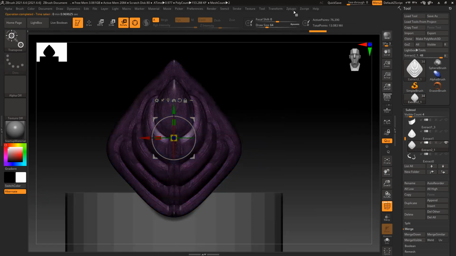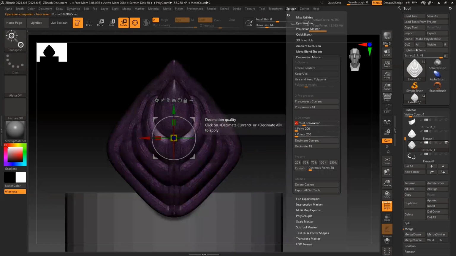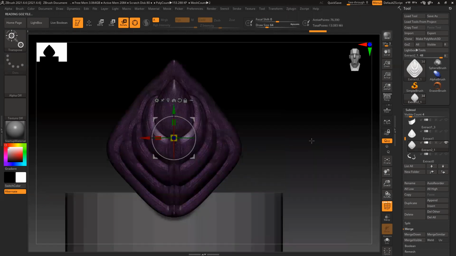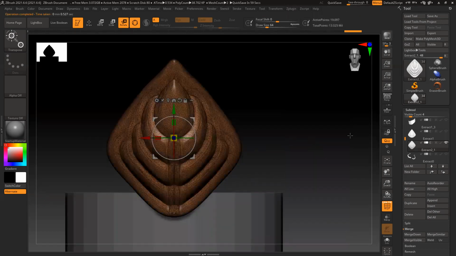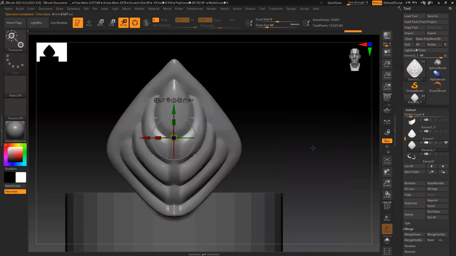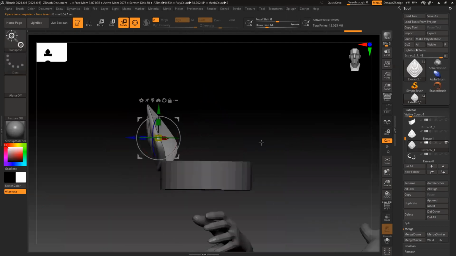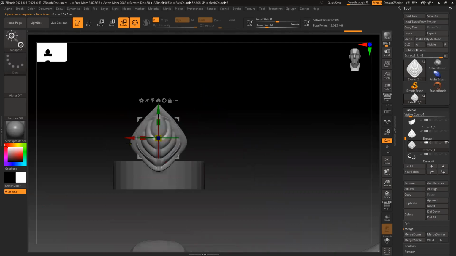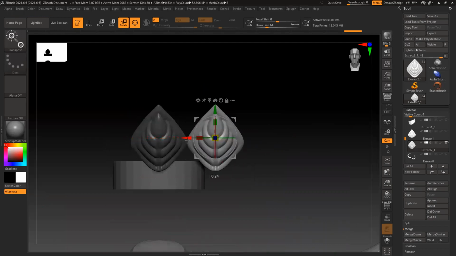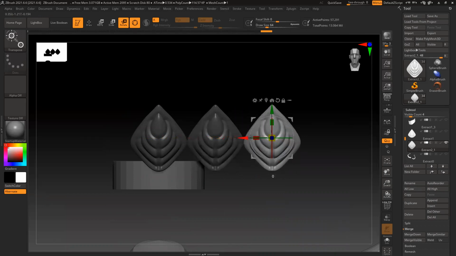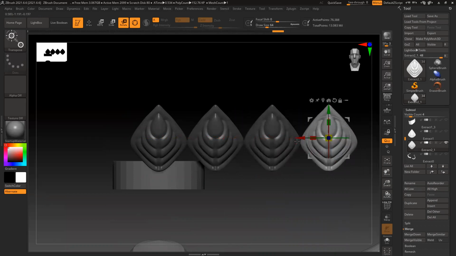You know, 76,000, I want to reduce it, so I can reduce it to 5%. Keep it really light and low poly. So this is highly optimized. Now duplicate, 15, 4 or 5, 5 looks fine.